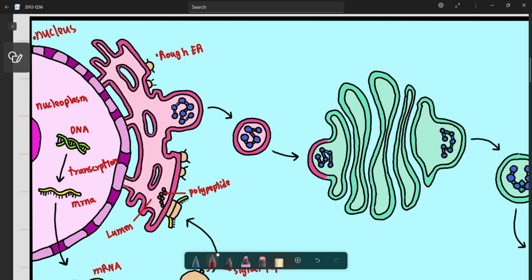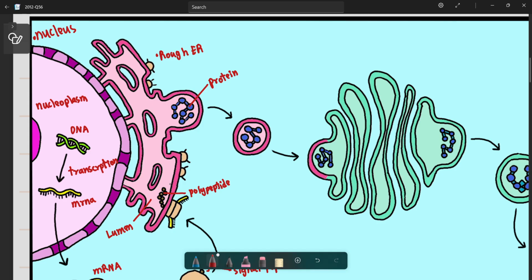This one is the complete protein, but it's not complete yet because it has to undergo further modification. Once this polypeptide breaks off from the ribosome, and it's still inside the lumen of the rough endoplasmic reticulum,